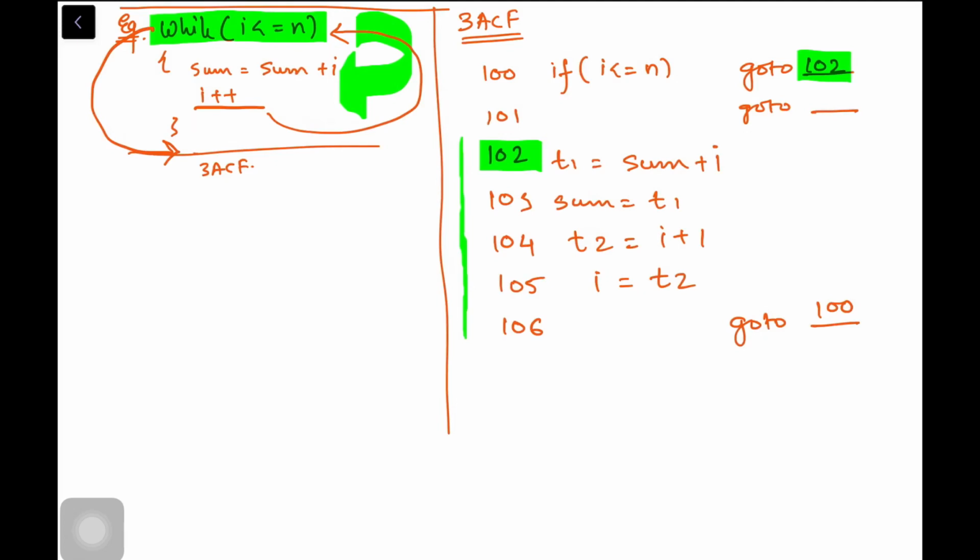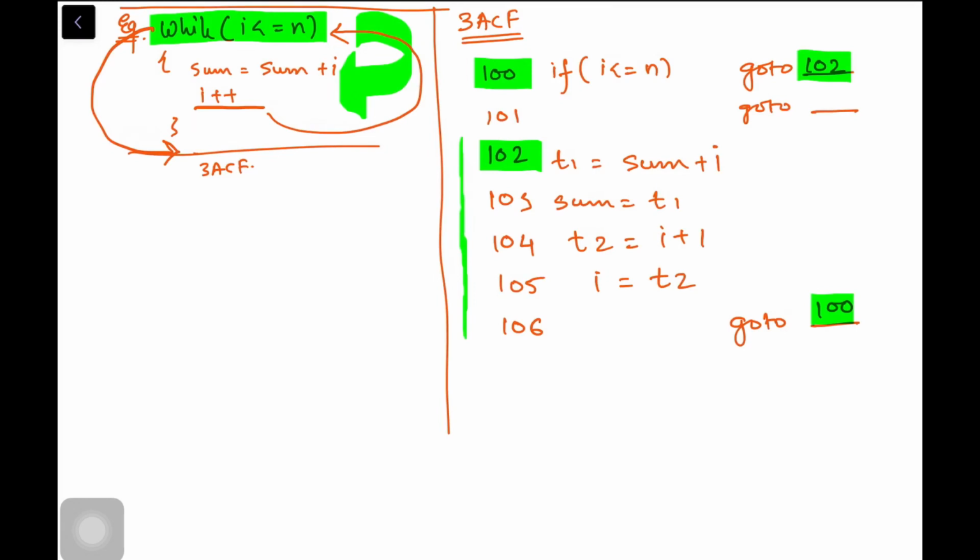If it was only an if condition, we would have executed the if part and come outside. But when it is a while loop or a for loop, we are going to check the condition again till the condition is false. If the condition is false, I will come out of the loop. If the condition is true, I will go inside the loop and recheck it. So at 106 we have to go back to 100. So at 100 again, the condition will be checked, if I is less than or equal to n. If yes, it will go inside the loop at 102 and it will execute the loop.